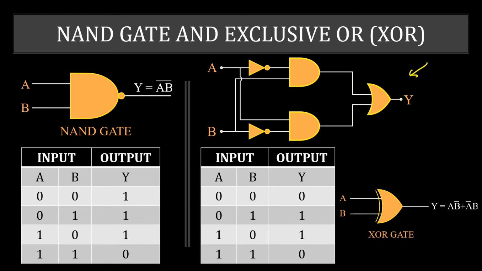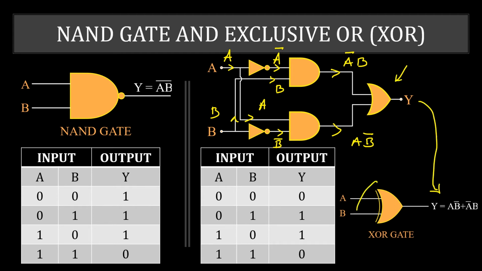This is called the exclusive OR, XOR gate. So let's say the input is A. So here A bar will go, here A will go. Here the input is B, so B will reach here, and through this B bar will go. So through this A bar dot B will go, and through this A B bar will go. And since this is an OR gate, the output will be this, and the symbol for the XOR gate is this. You can always draw the truth table to get the answer.